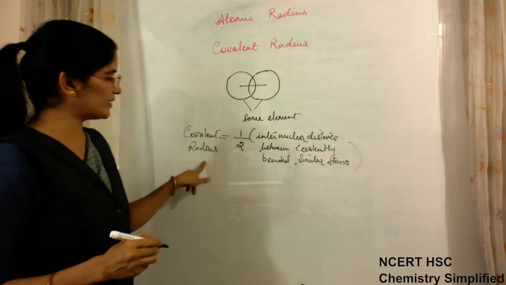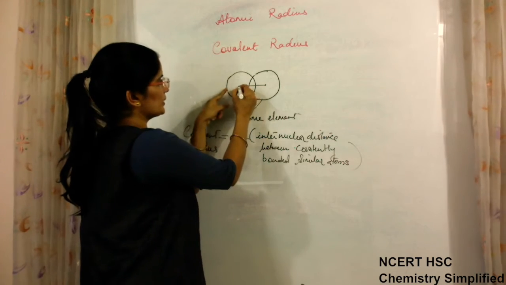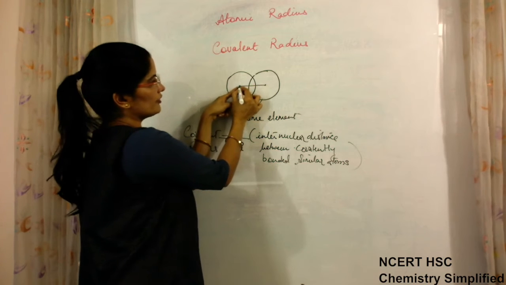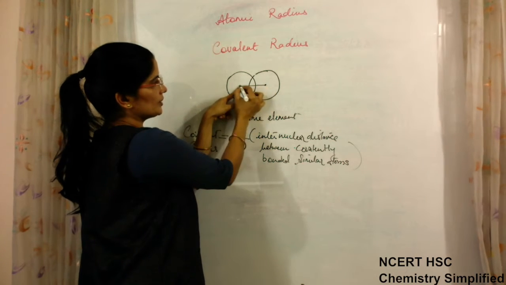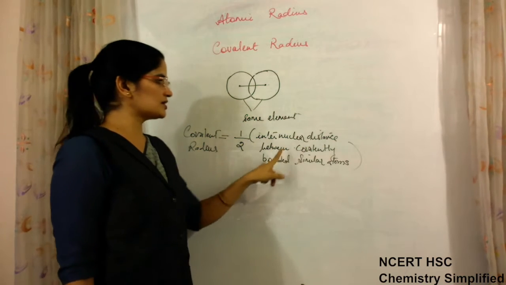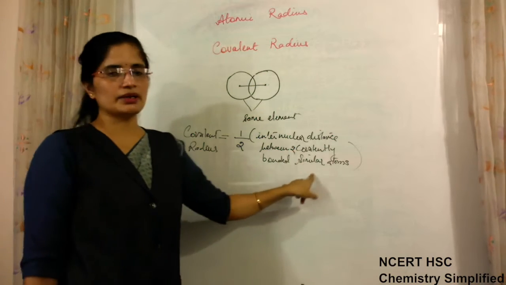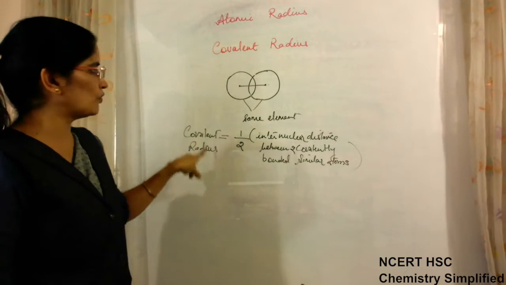So what is covalent radius? Half of the internuclear distance, from the nucleus of one atom to the nucleus of the other atom. Half of this distance, half of the internuclear distance between two covalently bonded similar atoms, is known as covalent